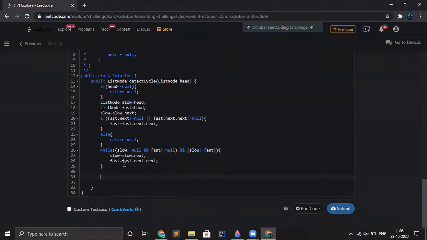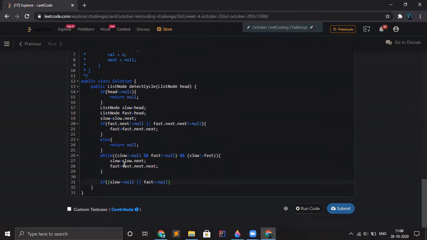If this loop breaks out, there are two possibilities. Either we reach a null, if slow is null or fast is null, or there may be a case like slow dot next is null or fast dot next is null.